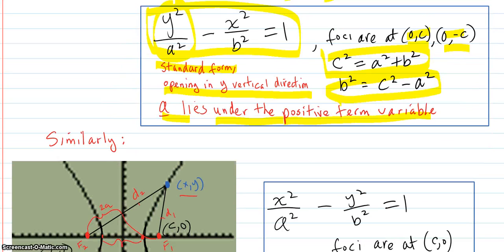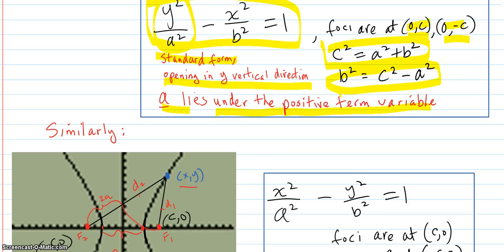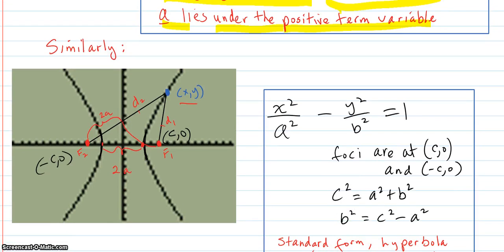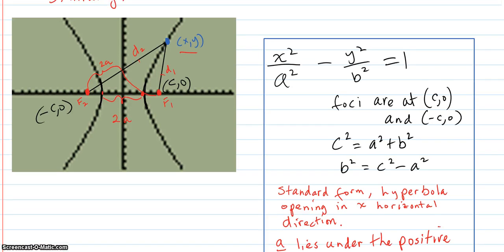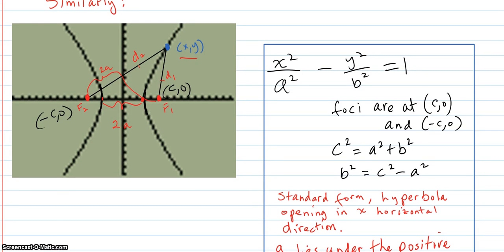Okay, now, similarly, if the hyperbola opens in the x horizontal direction, you follow the same kind of derivation, and it all comes out this way. A lies under the positive term variable, but this time the x is the positive term variable. The foci are now at c, 0 and negative c, 0. The vertices are in the opening direction right here,